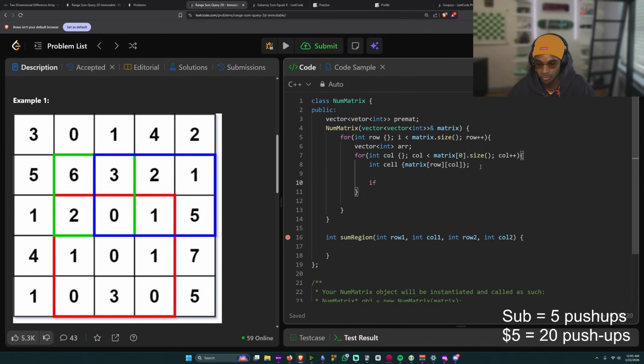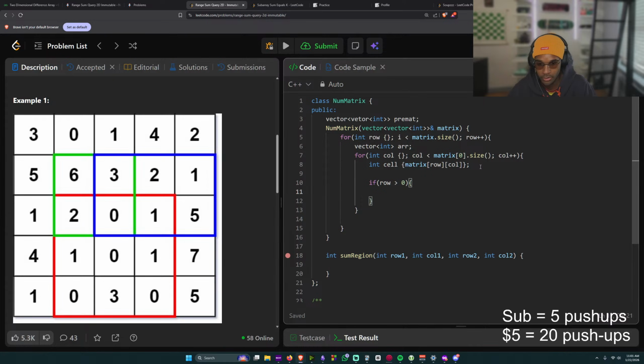If row is greater than 0, then cell plus equals pre-mat at row minus 1, col. What's wrong with me?